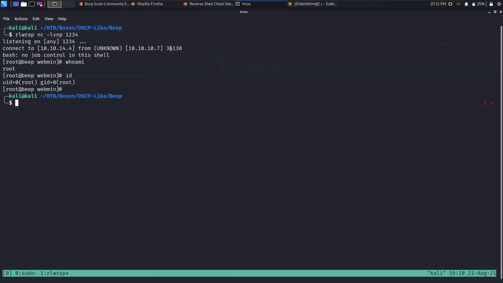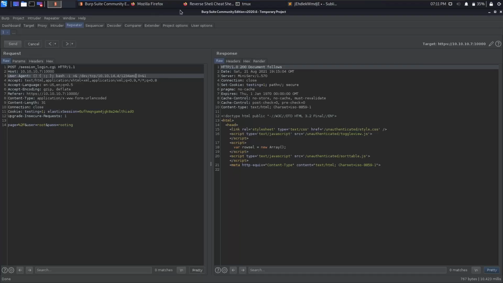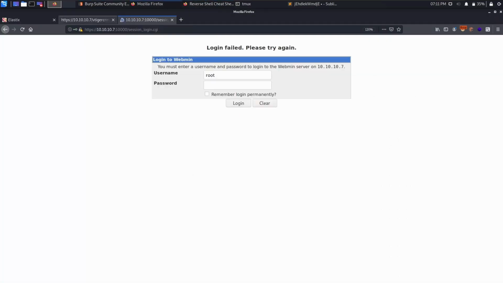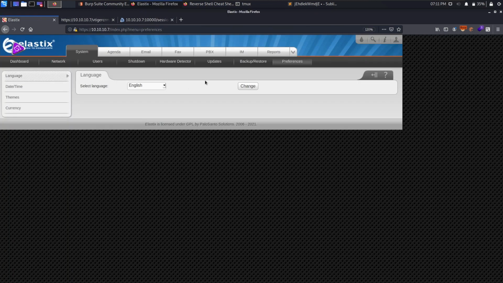But for more information, I would highly recommend you try to get a shell via exploiting just Elastix. There's another way to do it just here, which you can actually try out yourself. And I'll be adding some information about Shocker in the description of the